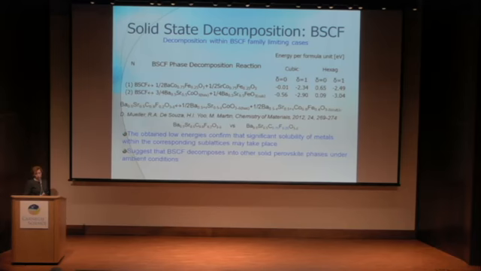So these equations and energetic analysis suggest that BSCF decomposes into other solid perovskite phases under ambient conditions. It also suggests that the cubic phase gains stability with an increase of delta as compared to hexagonal phase. At the right side of the slide, you can see hexagonal phases which have different energies for these reactions with vacancies and without. And comparison with cubic phase says that stability of these phases is different.